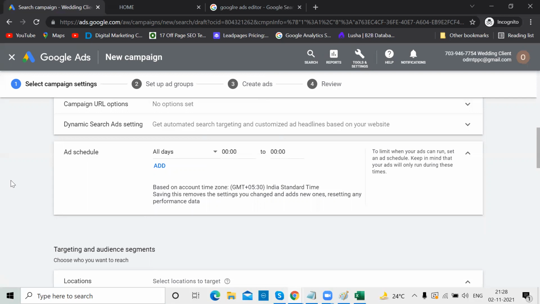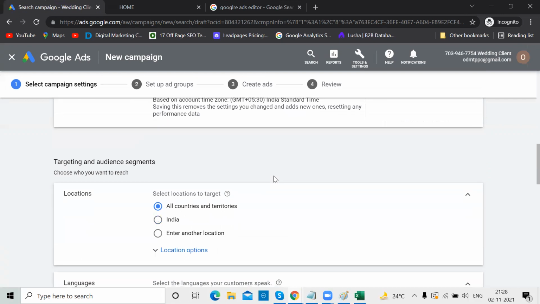Which day is your ad performing better? Which time are you getting more conversions? Based on that, you create a new campaign and use the schedule option. Or on the same campaign, if you think Sundays are a waste, then you can pause your ad on Sunday. So initially, run the campaign blindly for 1 week without any schedule. Later you can decide.